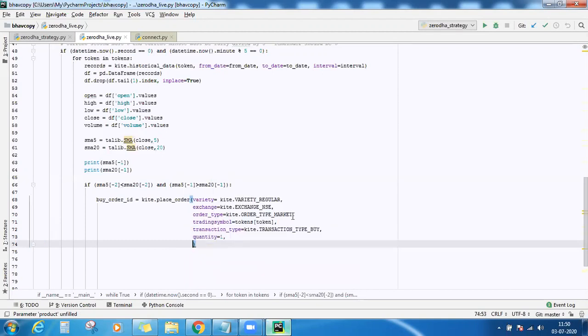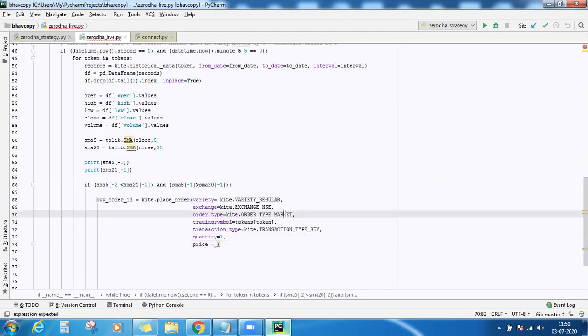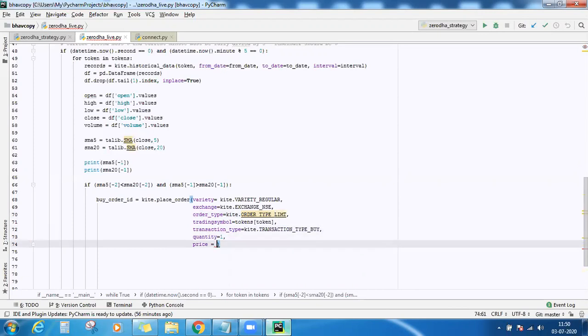Now since this is a market order, I need not use the price because the price is already fixed. Whatever is the current market price, at that price itself my order will be hit, or if it is a limit order, I'll have to mention the price as well. Now for each stock, the LTP will be different, and I cannot go inside the program every time and manually change this limit price.